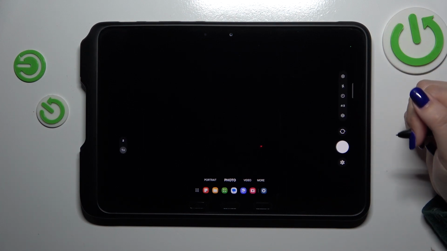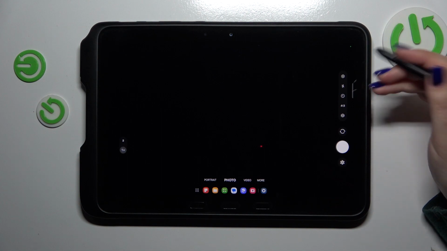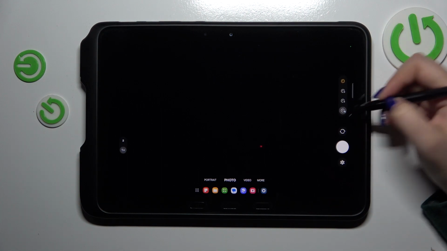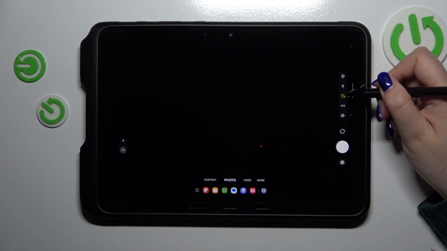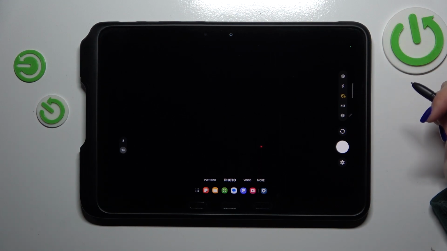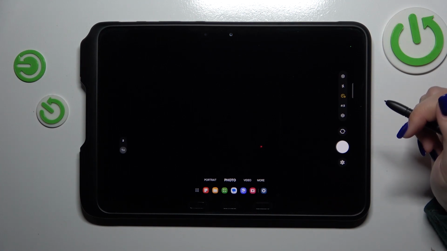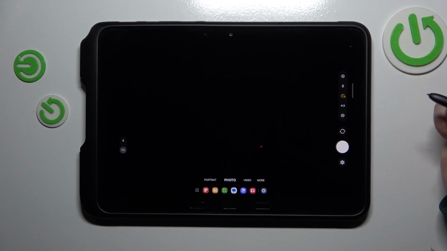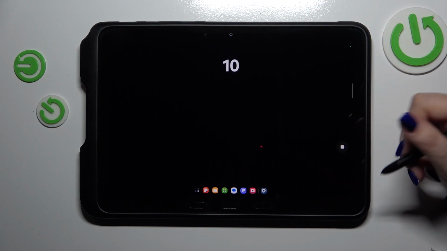All you have to do is to tap on the option you'd like to use, and it will be applied. So let me choose, for example, 10 seconds delay. Just tap on it. As you can see, it will appear right here. What is more, this icon is highlighted, so you can always quickly check whether you've got the timer set or not. So all we have to do right now is to tap on the shutter button, and from now on